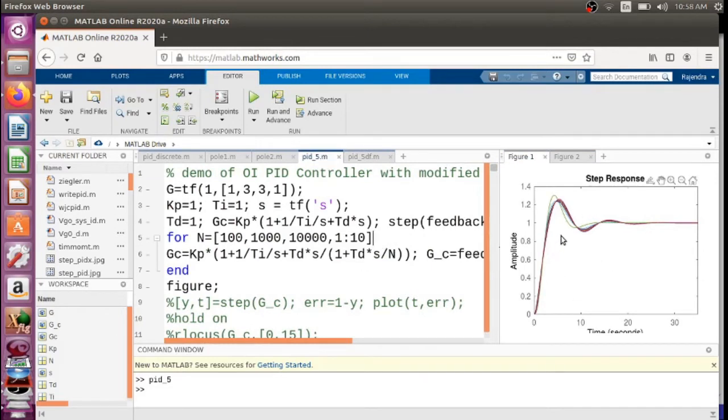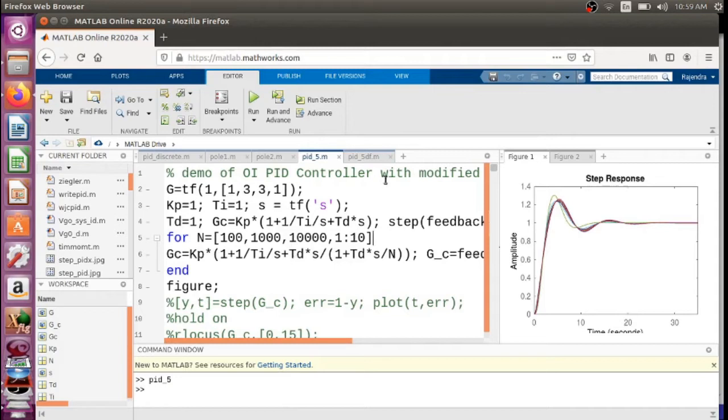Right. So you can see the effect of PID. You can see the effect of this particular N term on the overshoots. So we found that the overshoots are reduced in this case. And one can also check out with the individual terms also. Although we have made an iterative program, but one can do that.